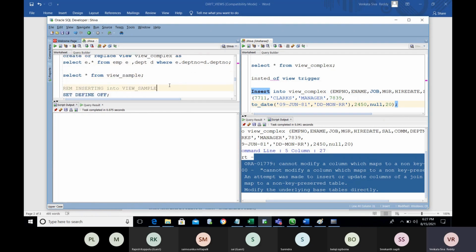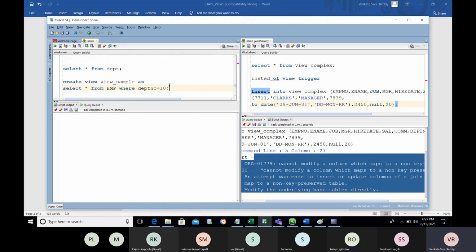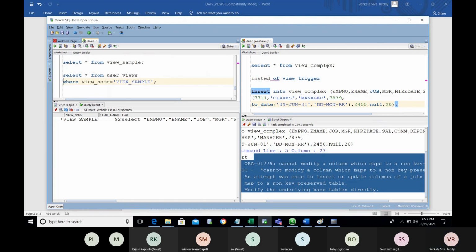So what is the use of the view here? We can store any complexity of select queries in the database, and we can provide some security to the data. Understand?